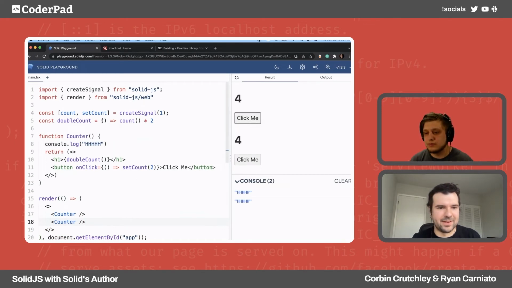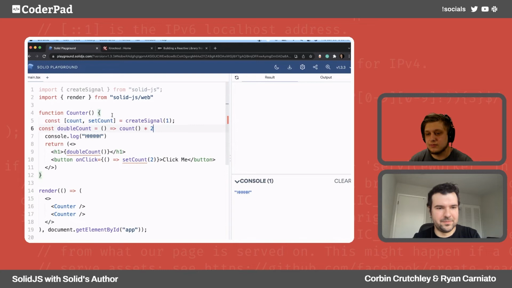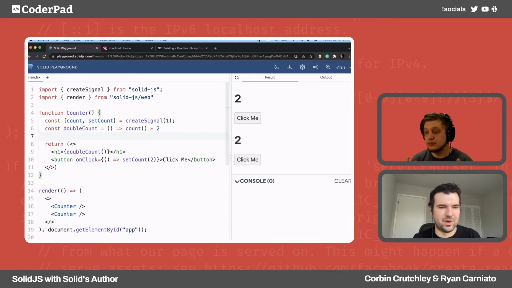Right. And if I put this inside, right here, now only the one that I click updates, because the state was created inside that function. So there's one per, otherwise it's shared across all.